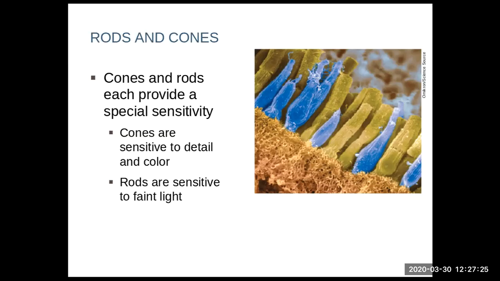You can see black and white, you can see in the dark, you can see the shapes or outlines of things, and you can see movement because of the rods. The cones are the 3 C's. Cones equals color, cones equals clarity or clear vision, and cones are located in the center of the retina in that area we call the fovea.